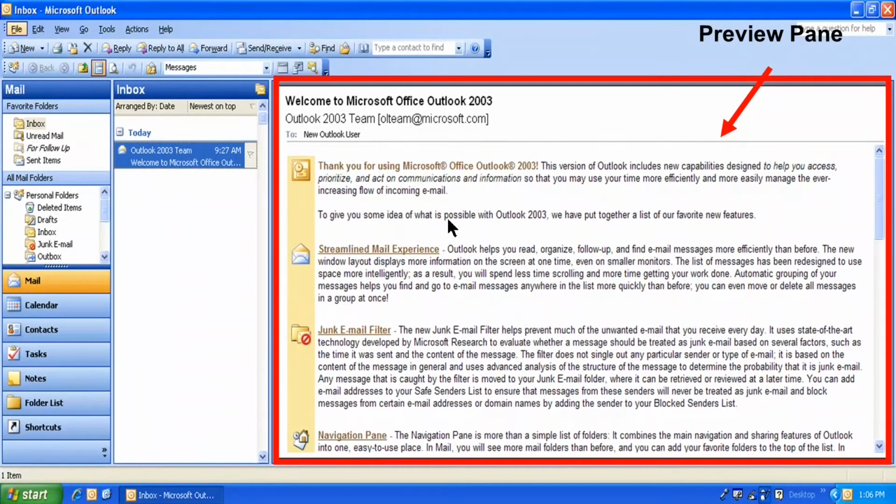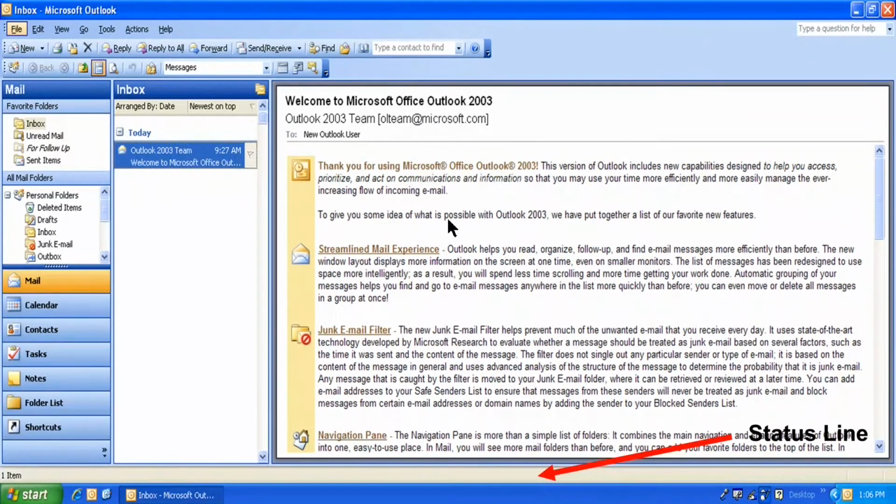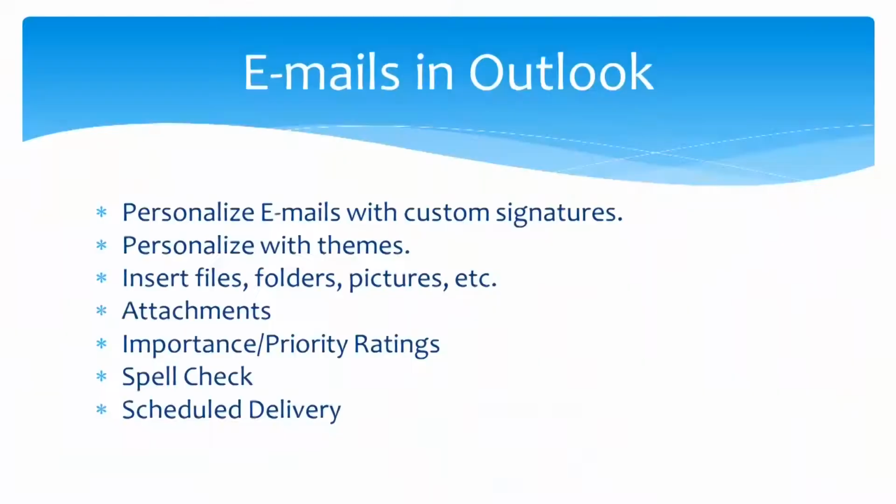Here you can see we have one email, and that email content is shown in the preview pane, right. So, if you select a particular email from the inbox, it shows its preview inside the preview pane. And lastly, at the bottom we have a status line like any other Microsoft Office product.